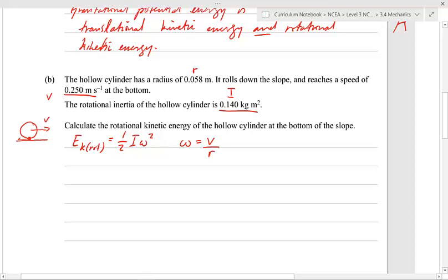We do know the radius and the linear velocity, so we can work out the angular velocity. It's just v over r, that's 0.250 over 0.058, which is equal to,